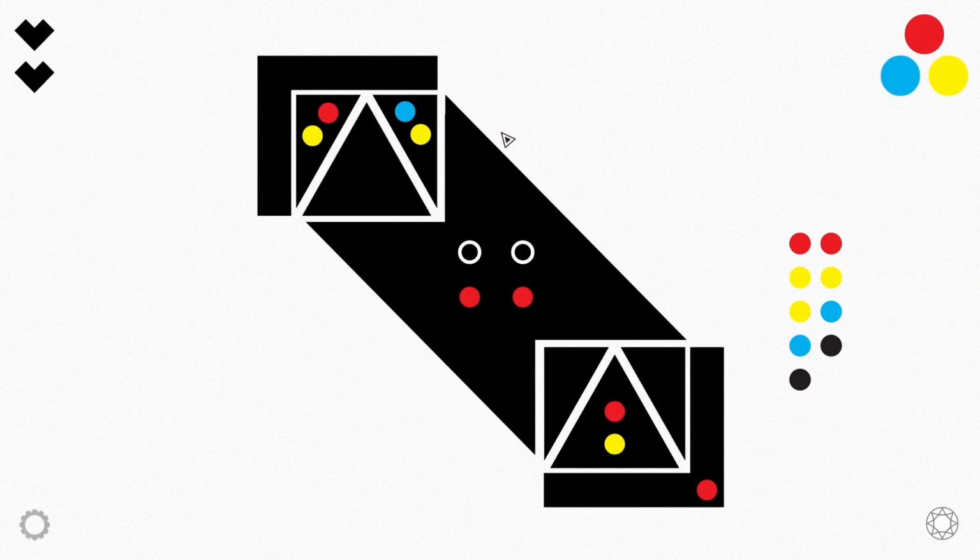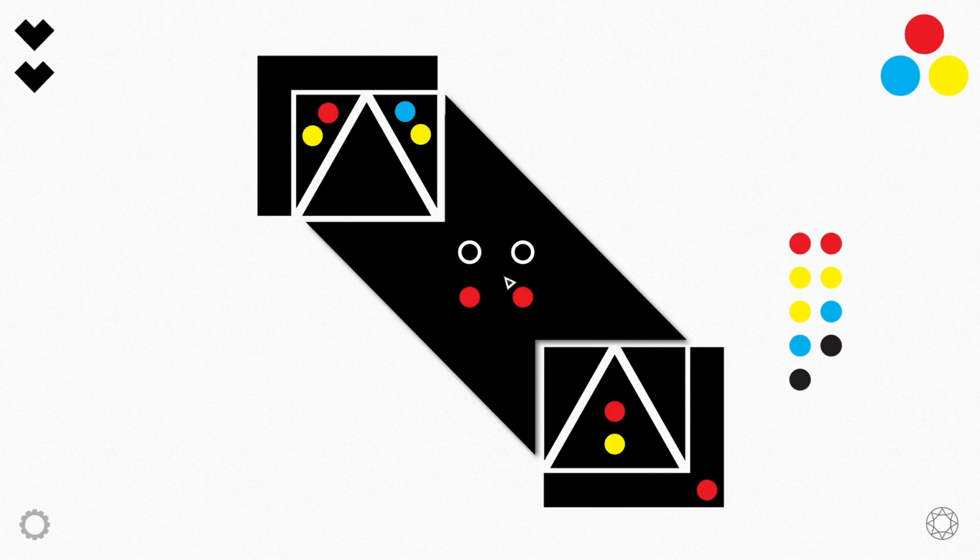Okay. One more point. The center section sees 2 black, 2 red. That is that one, that one, that one, and that one. So, could be that both of these are red, and then both of those would be black. That would mean this was yellow. But if both of these were black, then both of these would be yellow. Where am I fitting the blues? Wait, this middle one could be blue. Yes, if this one sees 2